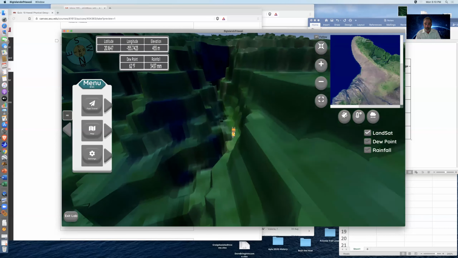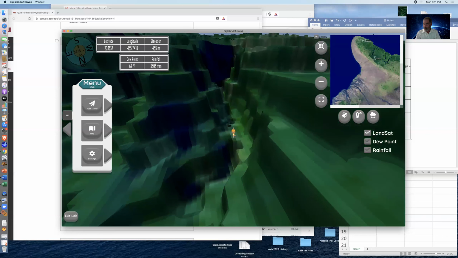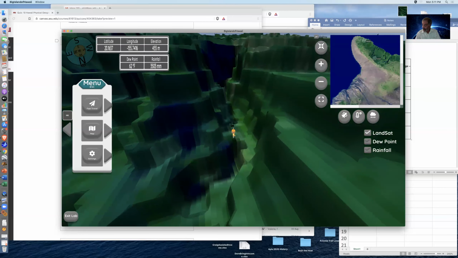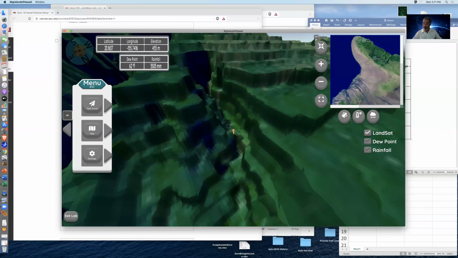along the ledge here to get myself up to this elevation, which is, whoa, 3,503, or about 3,500 millimeters of precipitation. At this elevation, I'm at an elevation of 455 meters. At this point, you may be wondering, why are there these cliff faces and these blocks in the